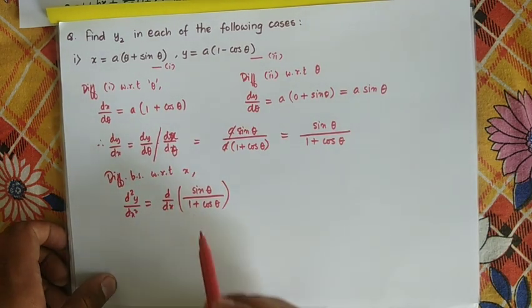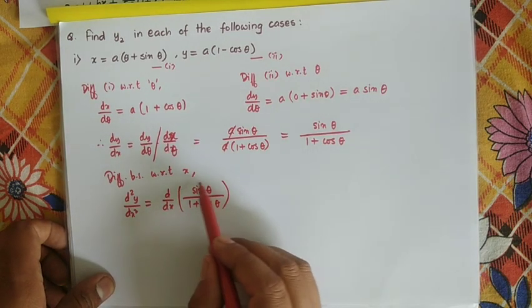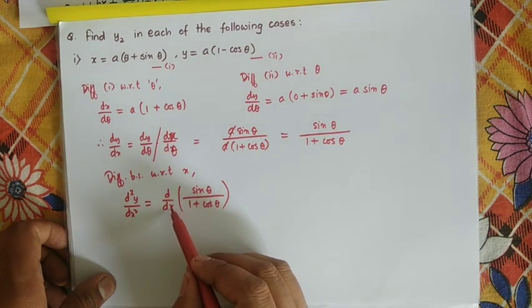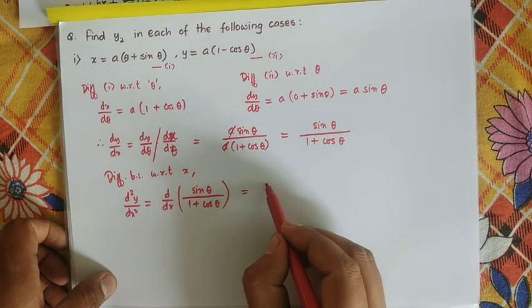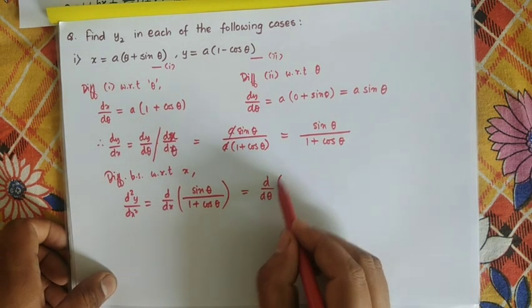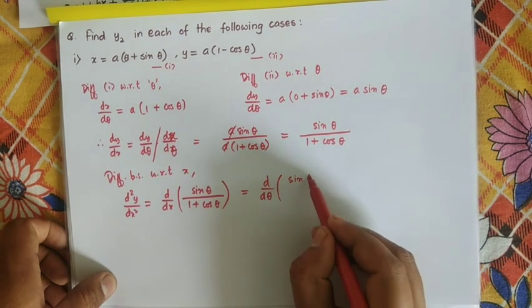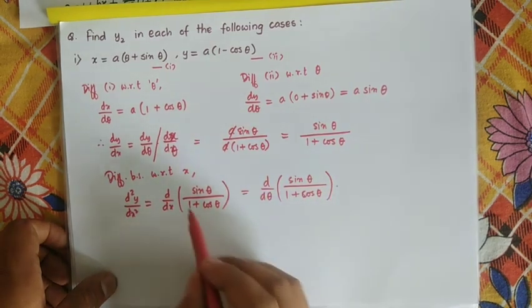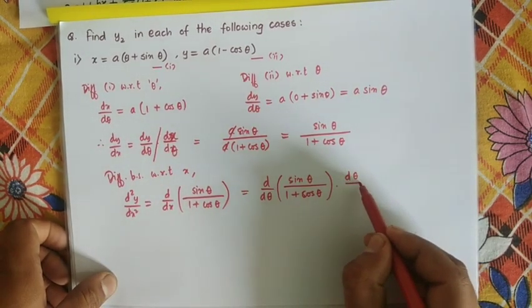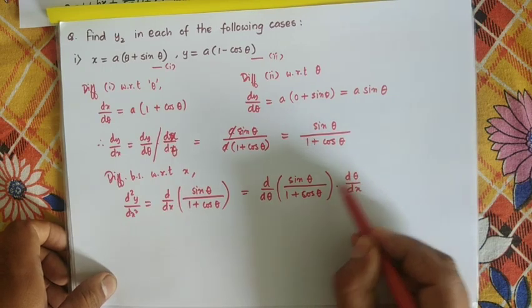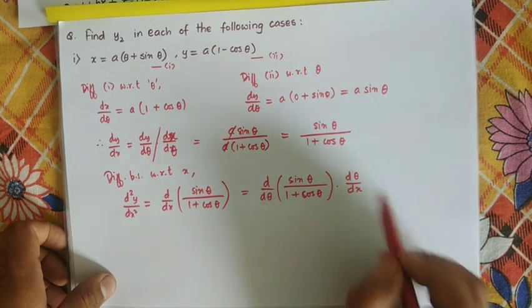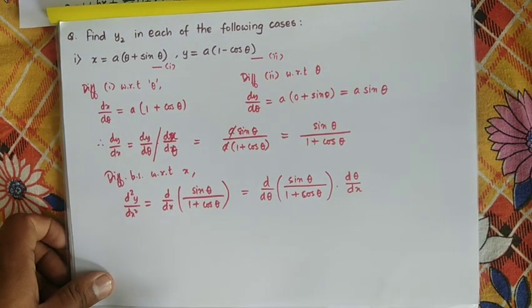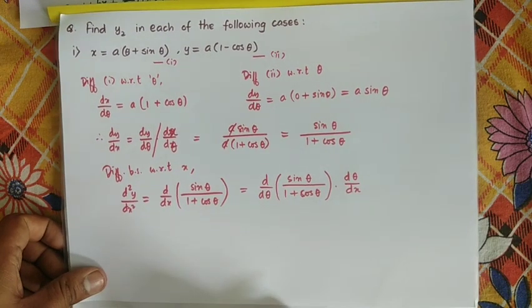Now if you see here carefully, this full thing is a function of theta, and you are differentiating it with respect to x. So we'll try to balance this, we'll try to make it theta. If I keep it as d by d theta, then I need to do some manipulation, and that manipulation looks somewhat like this. So I'm going to put d theta by dx out there, so that we can remove d theta and d theta, and ultimately I'll get d by dx. Okay, so this is how we manipulate. Hope this is clear to you. Now next is,